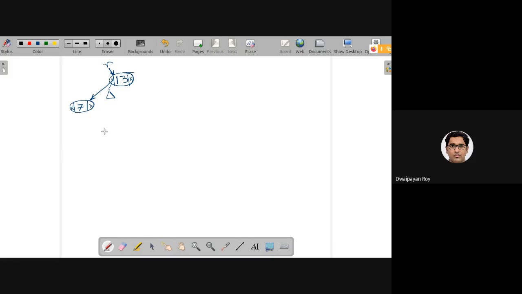Now if I want to add say 10, the search will again start from here. 10 is less than 13, so we need to search in the left subtree. The new root that should be considered is this. Now 10 is greater than the root, so we need to go to the right subtree of 7. Again, the right subtree is null. And as I have mentioned earlier, whenever we encounter a null, we will be changing that null to point to the newly added node. 10 will be added here.